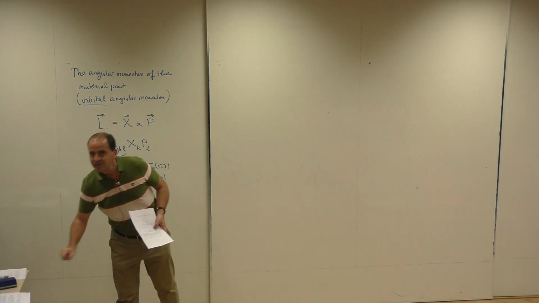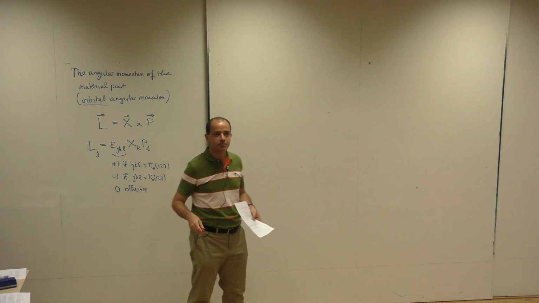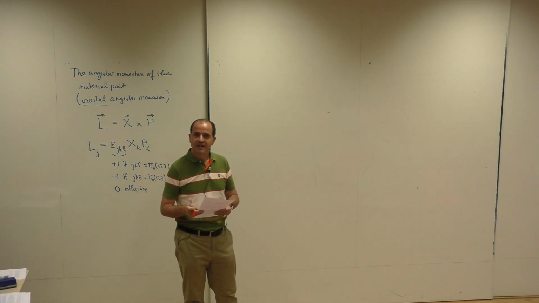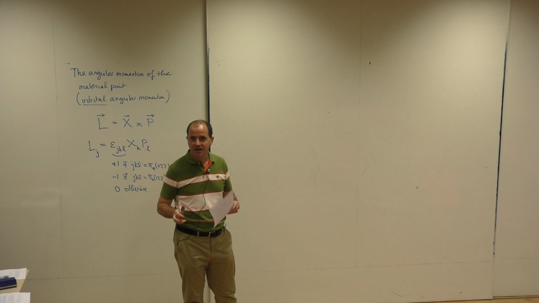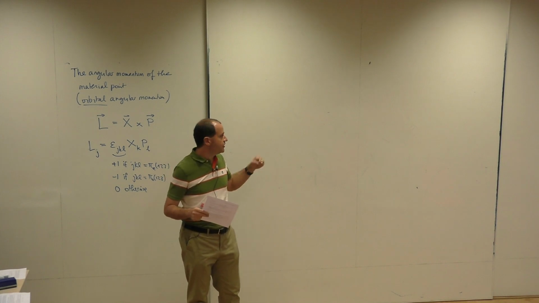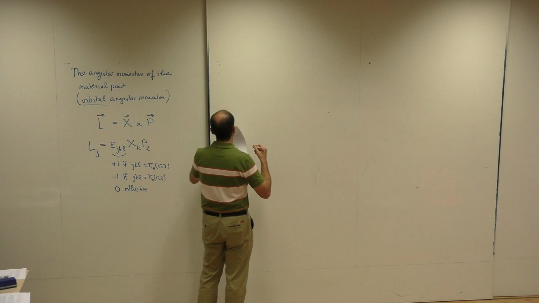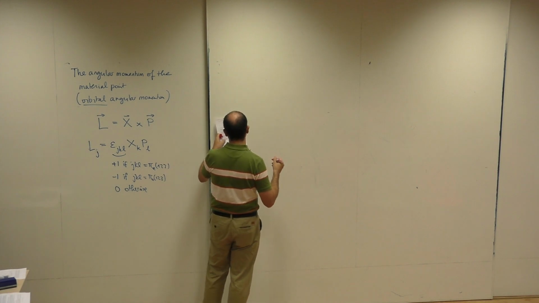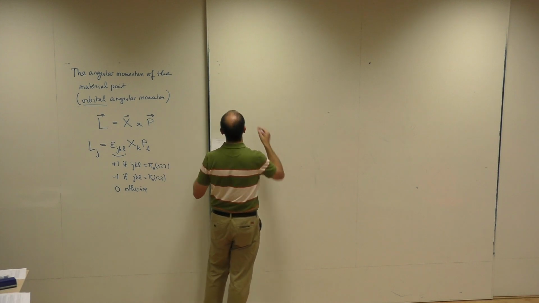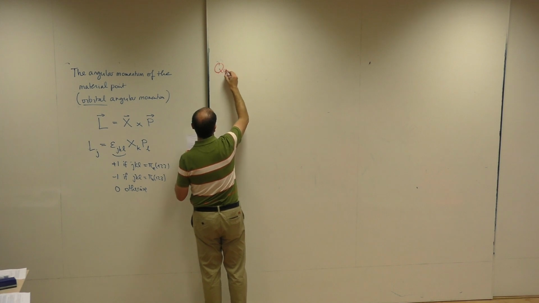Now, some calculations I will skip. They are just boring. They can be found in any textbook. They can be done by yourself. It's really not my point now to try to redo this calculation on the whiteboard. But what we want to find now is what are these operators and what are these. So question: